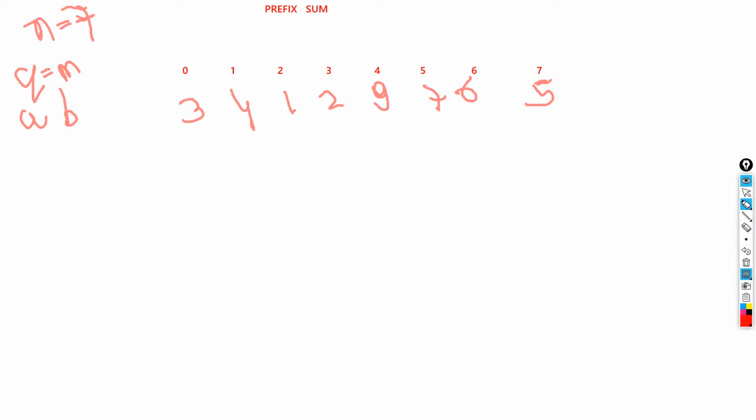What are a and b? These are the indices of the array, for which, for each and every query, you need to calculate the sum of the elements in between the indices. So let's say we have 1 and 3, so we have to calculate the sum of the elements from 1 to 3. That would be 4, 1 is 5, and 2 is 7. So that would be 7. Similarly, let's say we have 2 and 6, so we need to start from here and go up until here, and calculate the sum of the array.